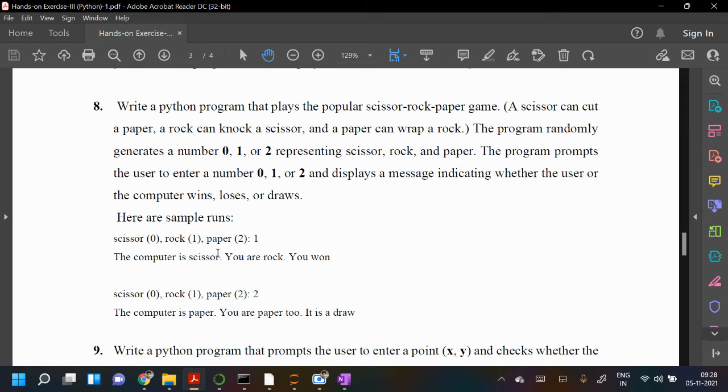Try this: generate one number from the computer, enter one from the user, and then check the conditions. If both give the same choice, then it is a draw, otherwise one will lose and the other will win.